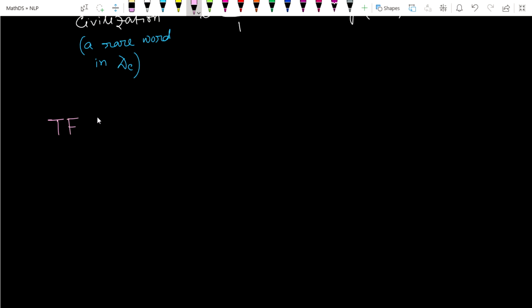TF. What is the formula of TF? If you remember, TF is for a particular word, let's say Wi, and for a particular document Rj. It's a particular document and a particular word of this document. So this formula is